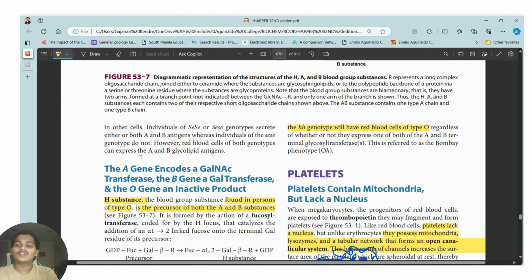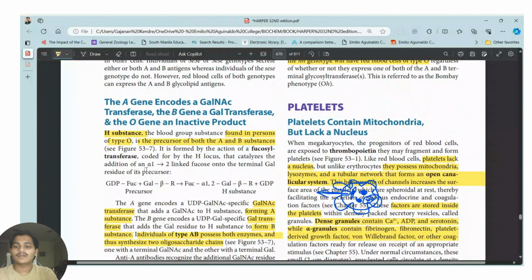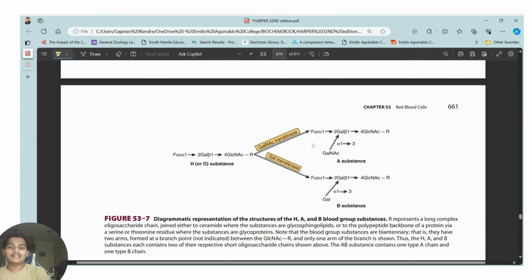Red blood cells of both genotypes express A and AB antigens, and O has nothing. Then the gene A encodes for the GalNAc transferase, and the gene B codes for the Gal transferase. This GalNAc transferase and Gal transferase are the enzymes responsible for the production of the A substance and the B substance. This is the H substance, or the O substance in the case of O groups, because the O group does not form any reaction and does not have any kind of antigens on its